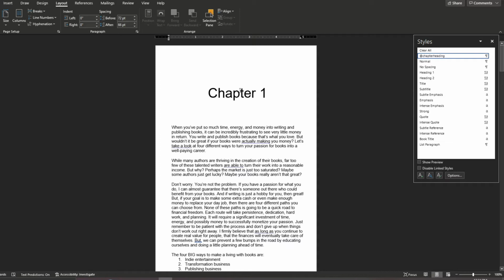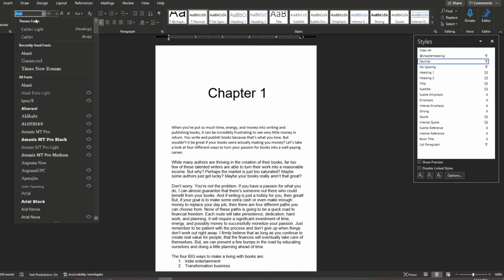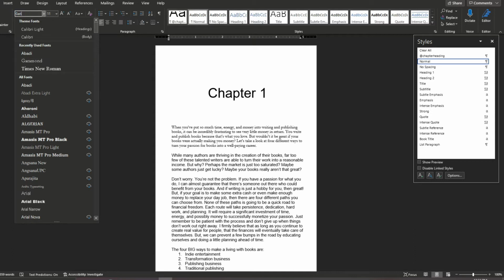Okay, now that we've taken care of the chapters, we have a sans serif font. Let's go ahead and take care of our paragraphs and create a serif font. And last time I created a new style and then I applied it. This time we're going to do something a little different so I can show you the second way of creating styles. So we're going to highlight our paragraph here, go home, and let's use Garamond,